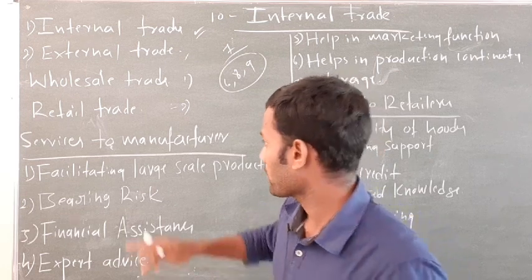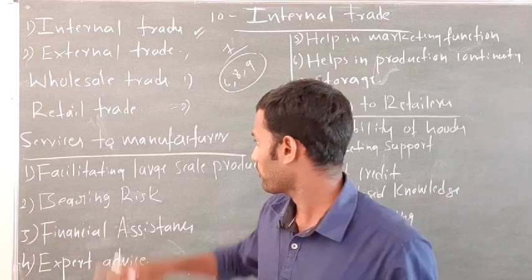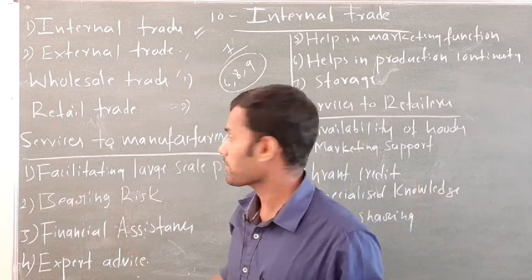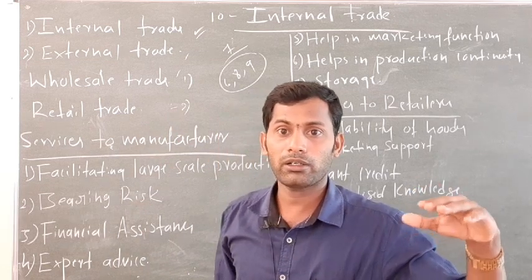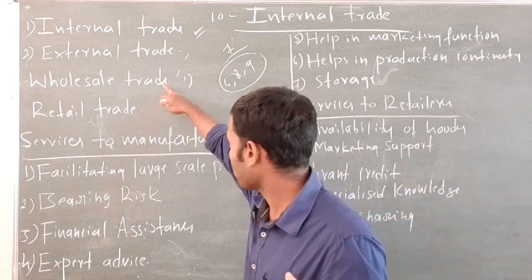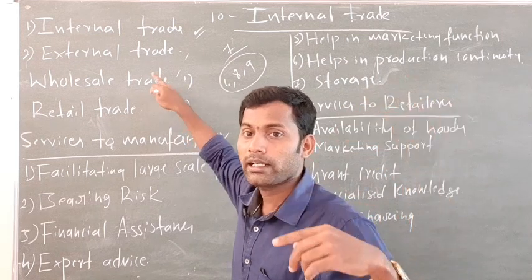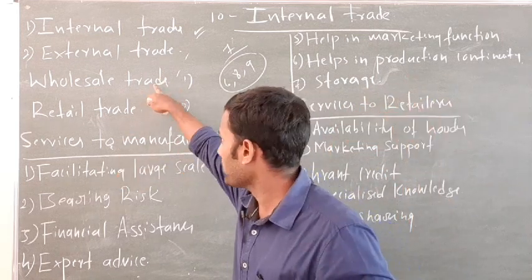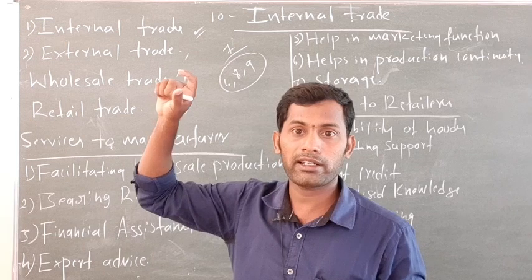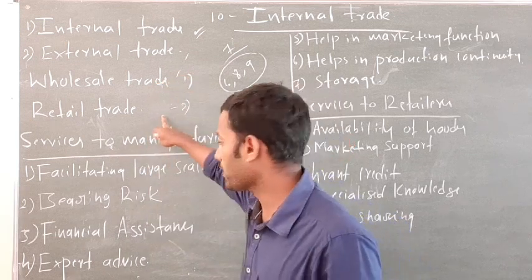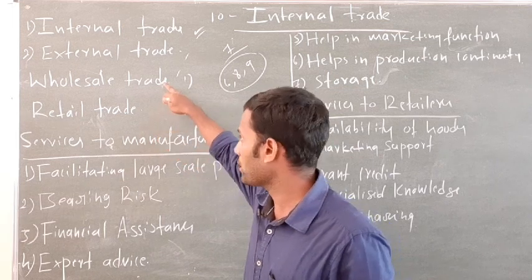Here we study the two brokers or agents or middlemen of distribution channels. First one, wholesaler; second one, retailer. Both are the middlemen of the distribution channel. In the distribution channel of manufacturer, wholesaler, retailer and consumer, the wholesaler is the link between the manufacturers and the retailer. The retailer is the agent or link between consumers and the wholesaler.